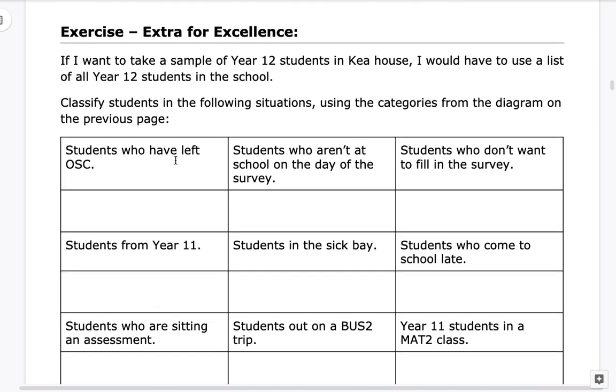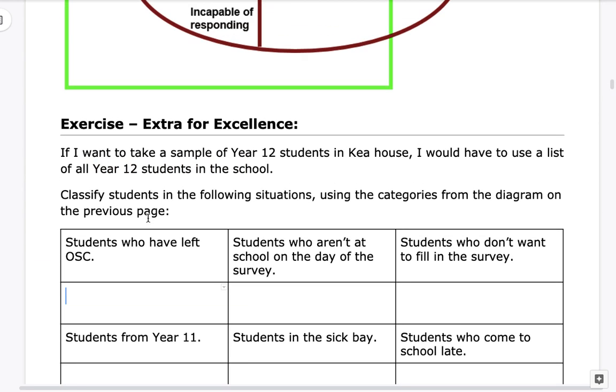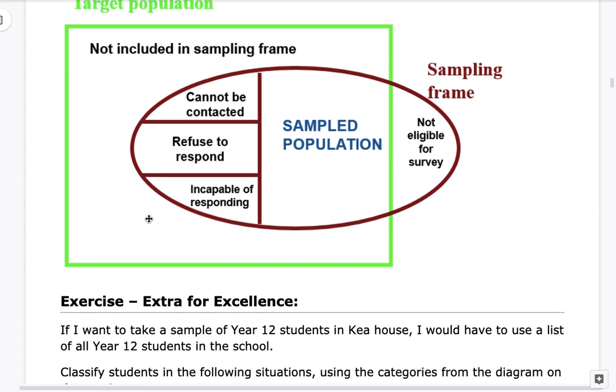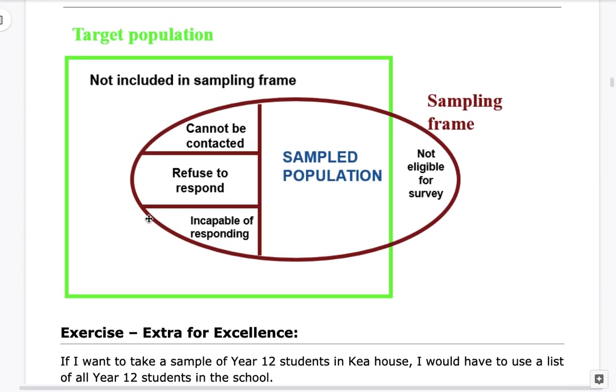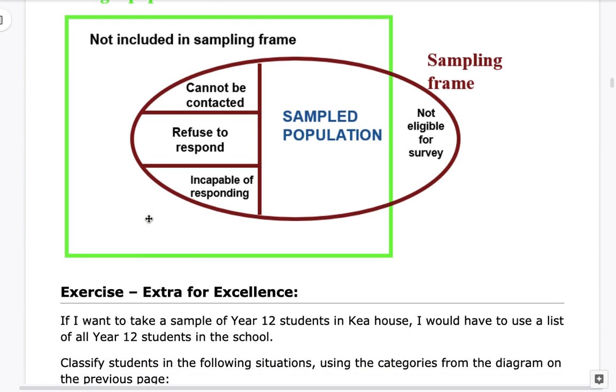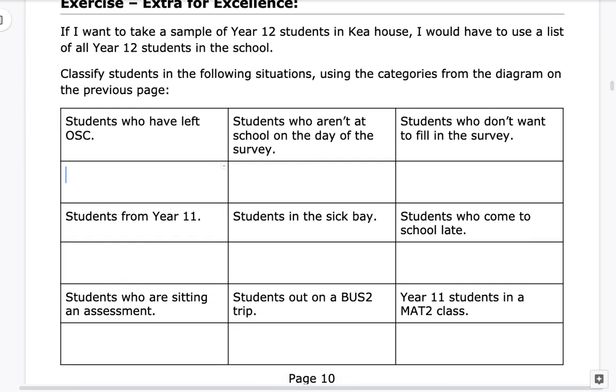So let's have a look at this one. We want to take a sample of students, and I would need a list of all Year 12 students at our school. So we want to classify students here using the categories above. Students who have left OSC. Do I have a list of those? No. When I print out a list from Kmart, it will not print out the list of those that have left unless I do something very specific. So that would be people who are not